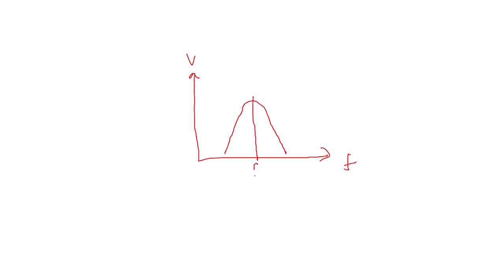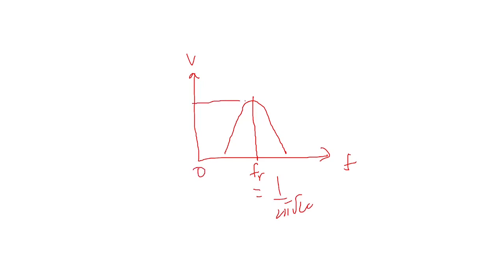After we take the readings, we can plot the graph of voltage versus frequency. We can plot it here like this: output voltage versus frequency, and you can show the graph like this. It is maximum at the resonant frequency FR, which is equal to 1 upon 2 pi root LC. This is 0.